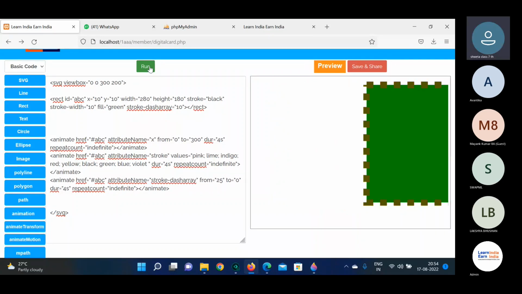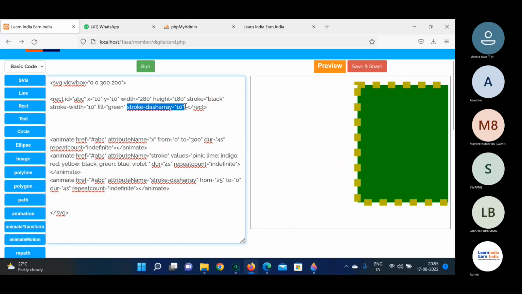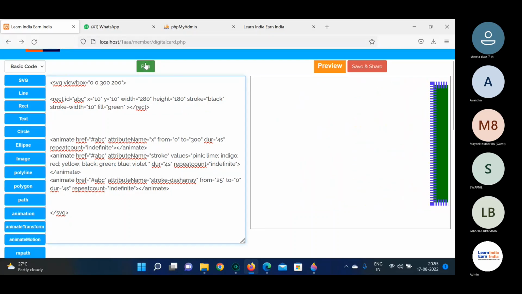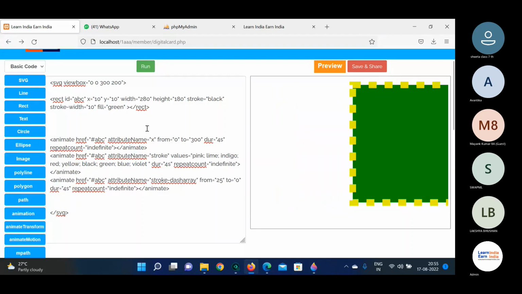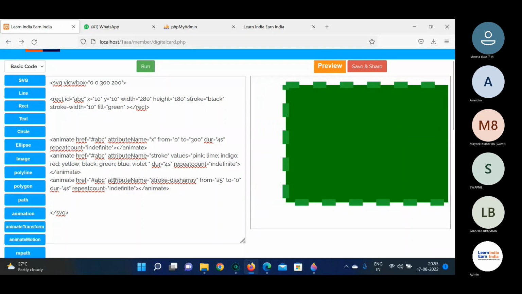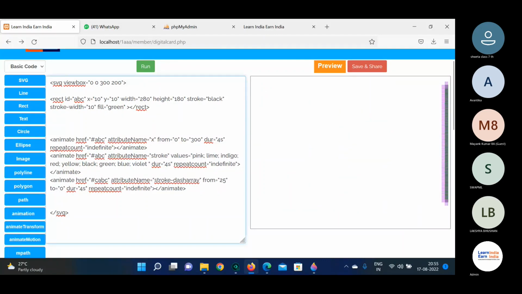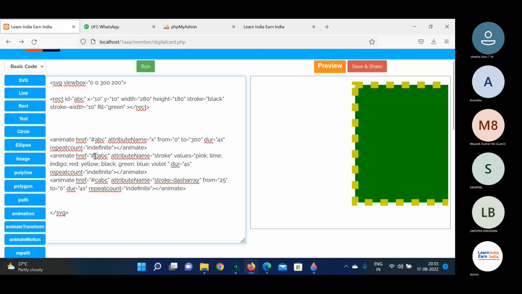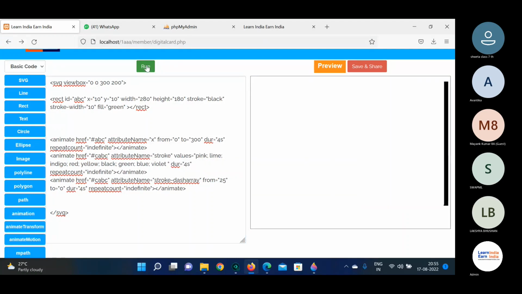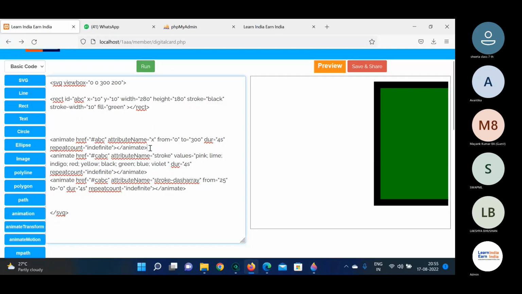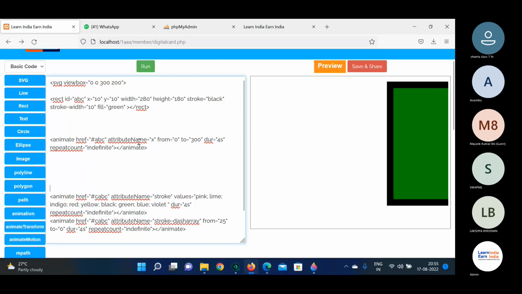Yes, sir. So let me first remove this dash array and just see its meaning. Actually, here in the stroke dash array also, let me change this ID because all the animations are working here. So can you see? Only this animation is working. I have added only one animation here. So it is moving